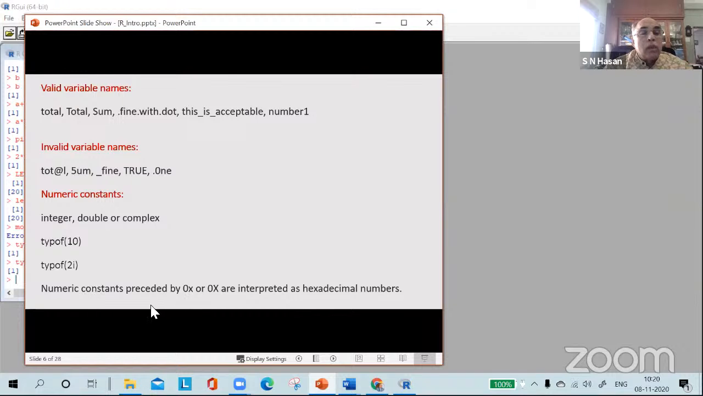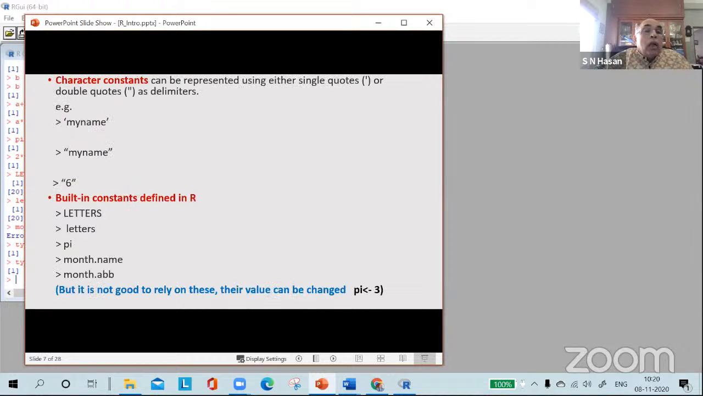Numeric constants which are preceded with 0x or 0 capital X are interpreted as hexadecimal numbers. So you can use hexadecimal numbers too. Character constants, you can declare certain constants as characters too. Constants are those which do not change their value during the course of the program,